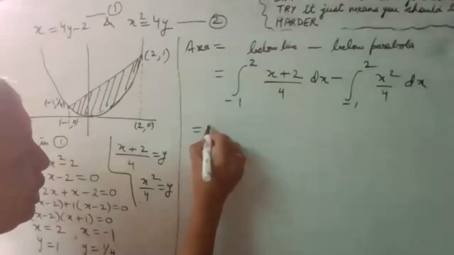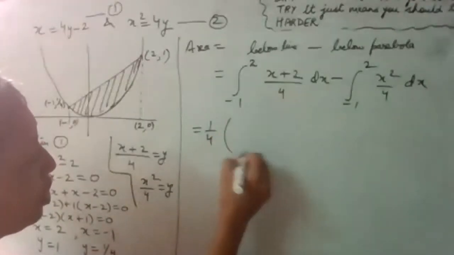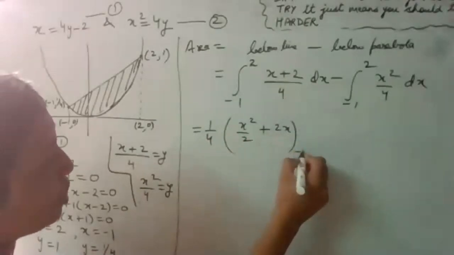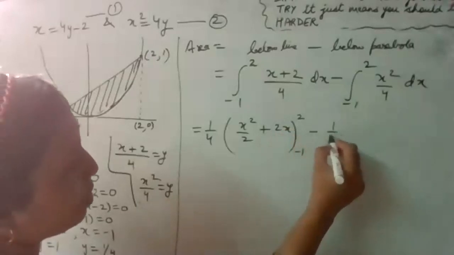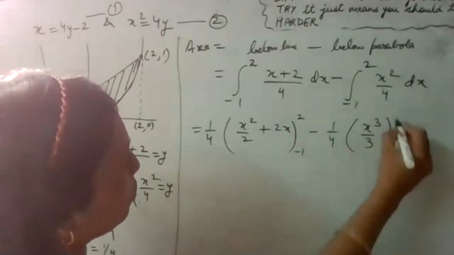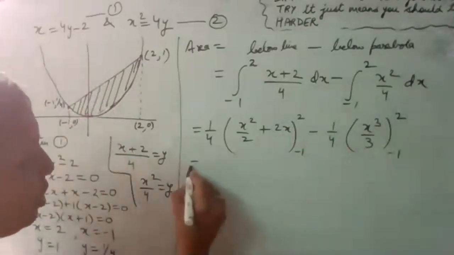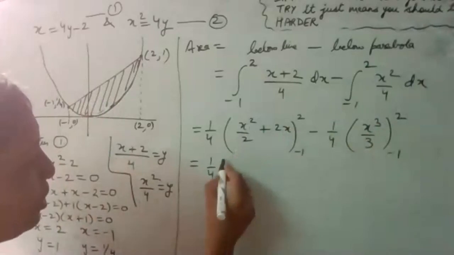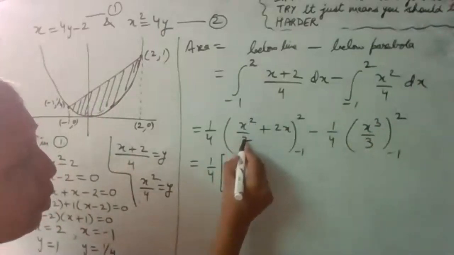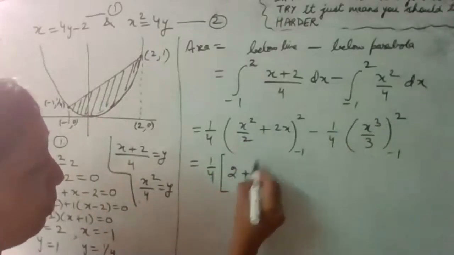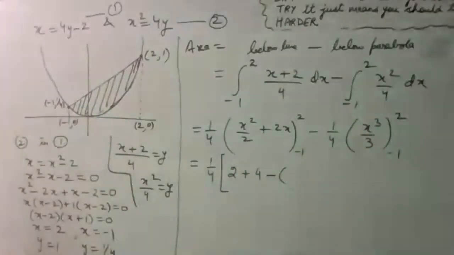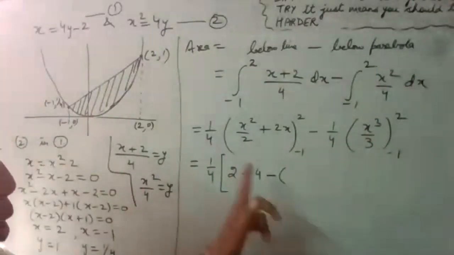Constant we can take outside and just integrate. So it becomes x square by 2 plus 2x, limits minus 1 to 2. Constant outside and we can integrate x cubed by 3, minus 1 to 2. So we have just put the limits. First of all, we have to put 2. So it is 2 2s are 4 upon 2, that is 2, plus 2 2s are 4, then a minus sign. Whenever you are having a minus sign in the limit, always apply